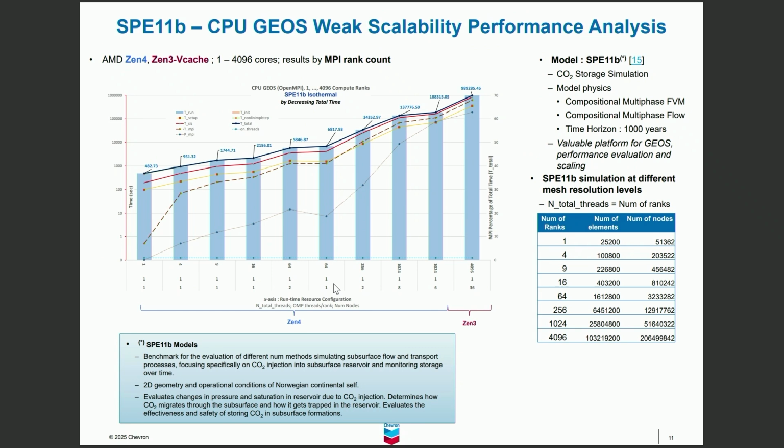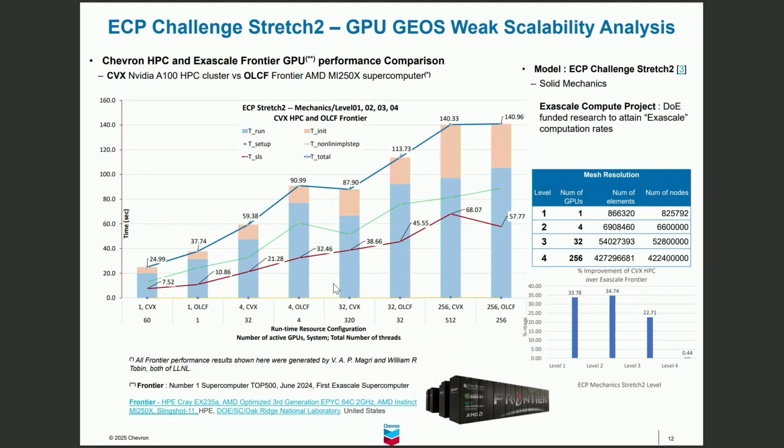That's basically another model, SP11B. It's very complex. This is weak scaling. So we increase the problem size, then we throw in more hardware and see how it performs. And now, the last thing I want to talk about is GPU performance comparing A100s and the MI250X. This will run on Frontier, which was the first exascale system,